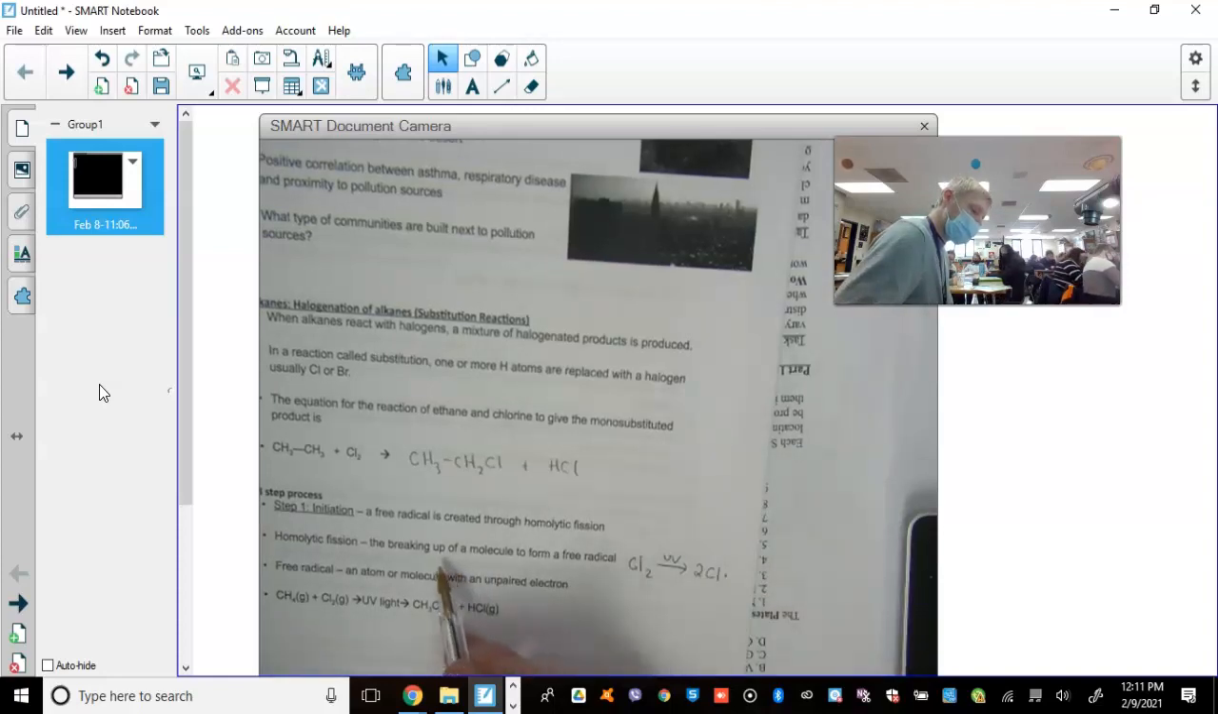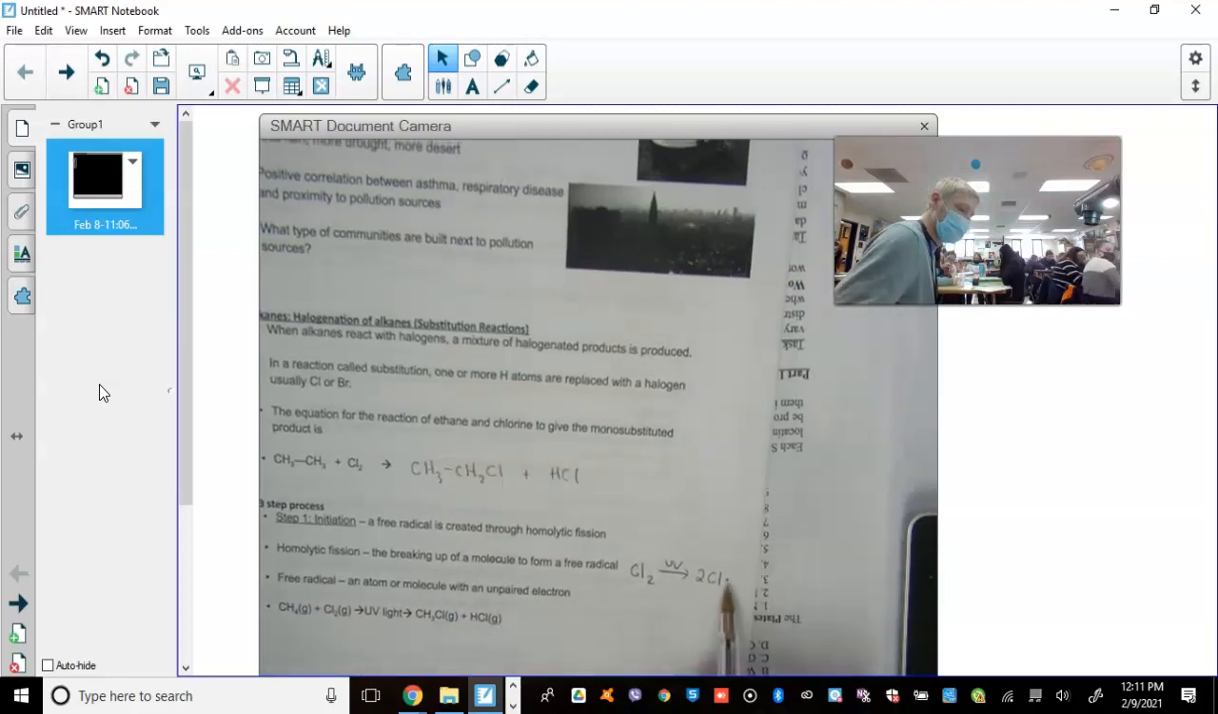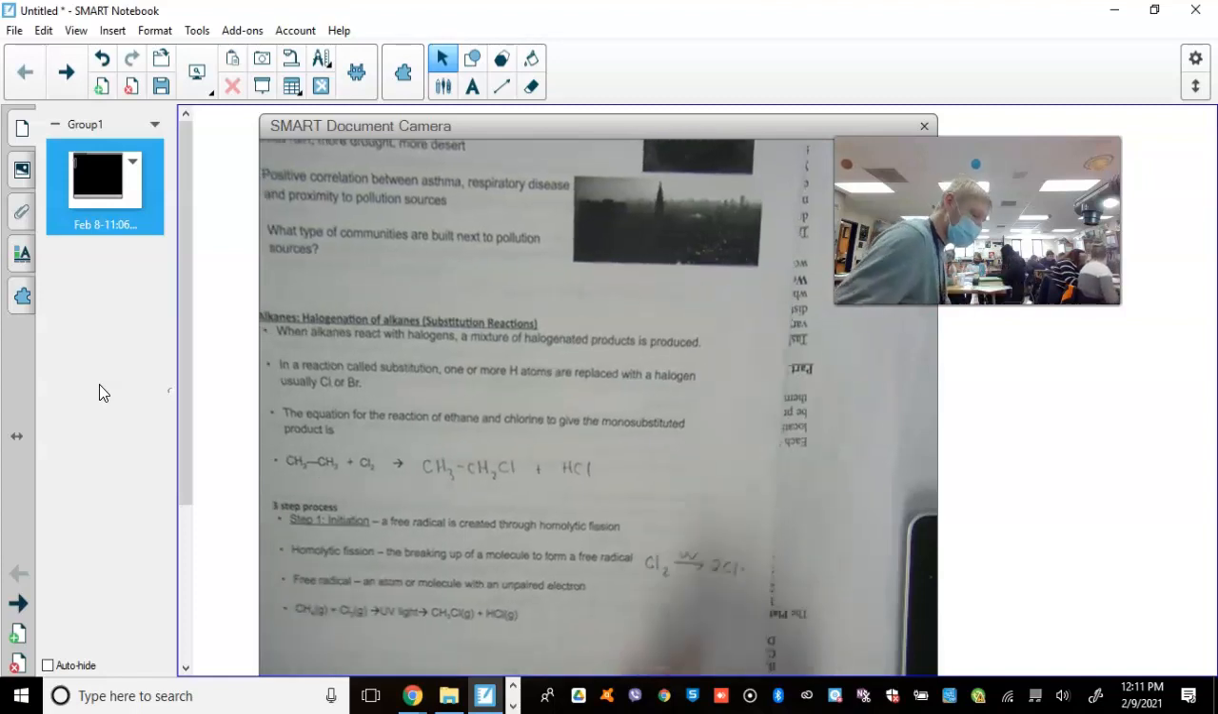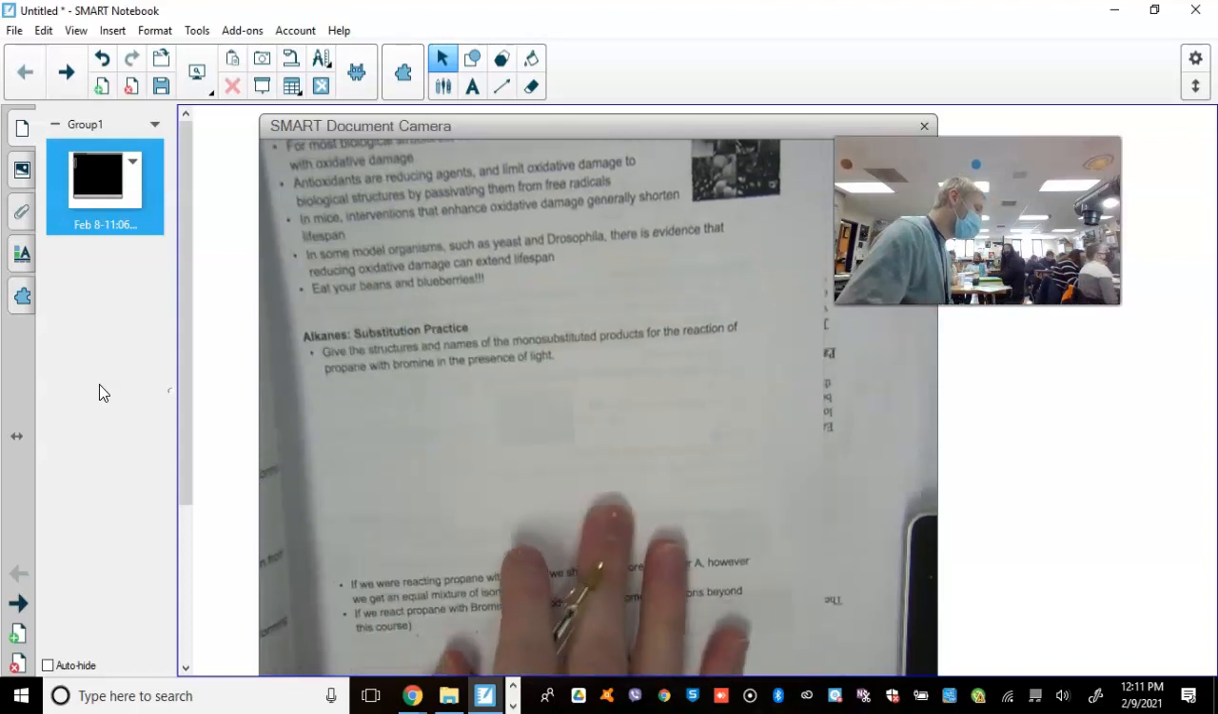Basically the Cl-Cl bond is broken by the UV and creates a free radical, which is an atom or molecule with an unpaired electron. There it is. It's just waiting to be paired up. So it's waiting to wreak havoc on anything it can so that it can stabilize. So that's the initiation step. The next step